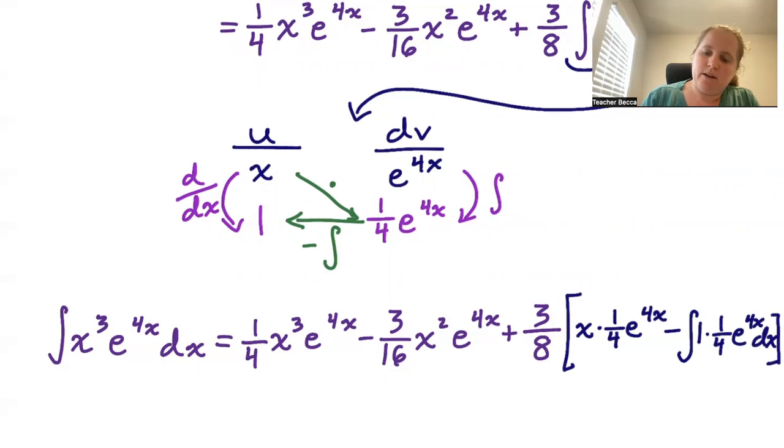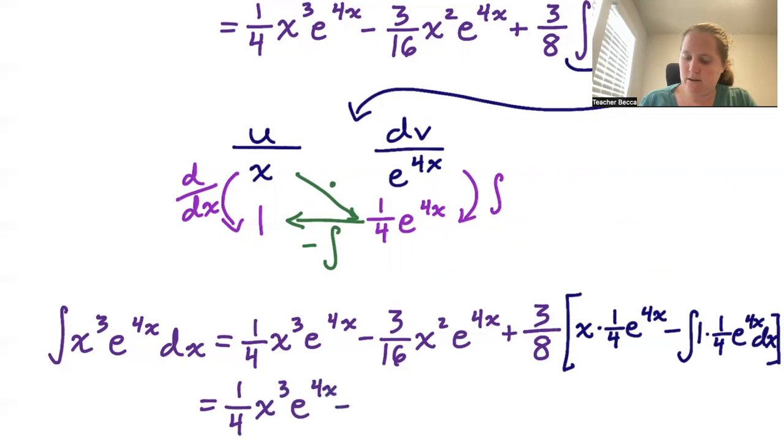This now simplifies to 1/4 x cubed e to the 4x minus 3/16 x squared e to the 4x